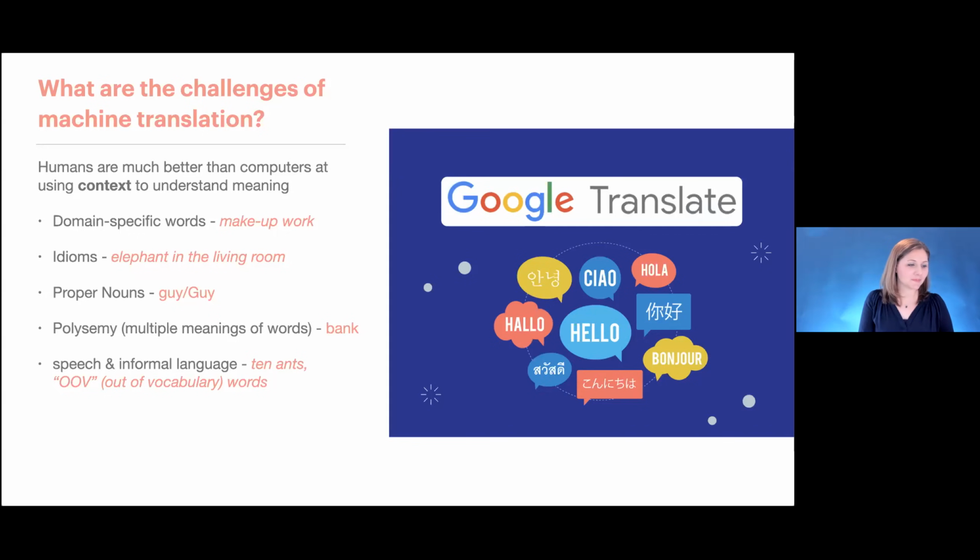And then another problem with machine translation is that generally, like in speech, we don't always know where the word boundaries are, right? When we're typing, you put a space in between 2 words, so we know that was one word and that was another word. But in speech, think about 10 ants. If you're just saying it, 10 ants. Is that tenants? Is that 10 ants? Where does the word stop and end? It's a challenge. And then out of vocabulary words is a challenge as well.